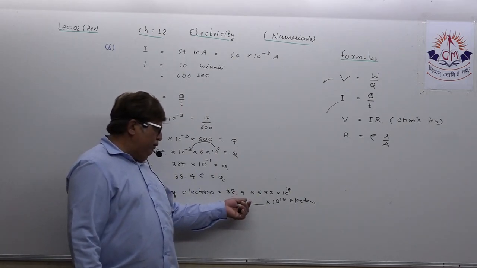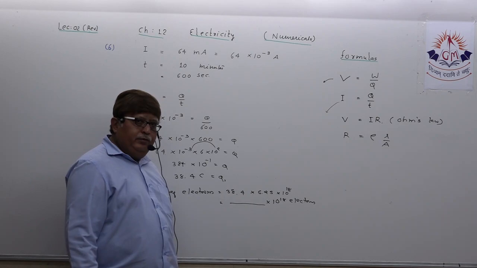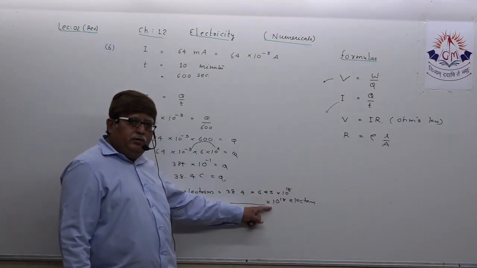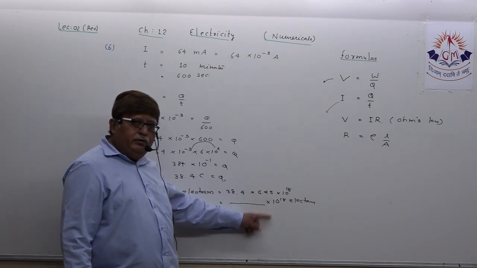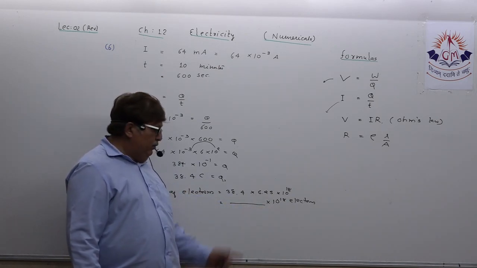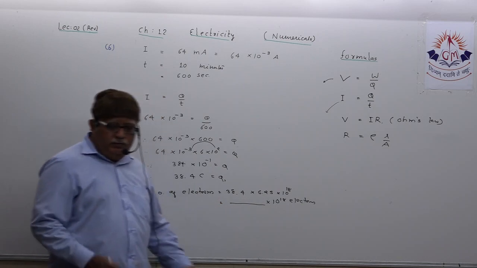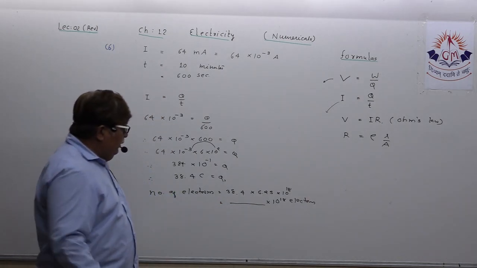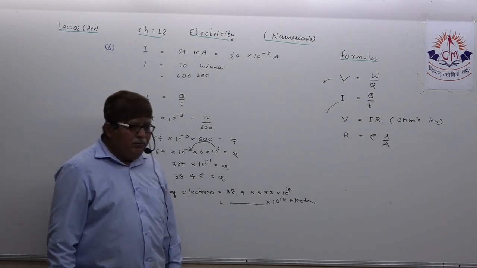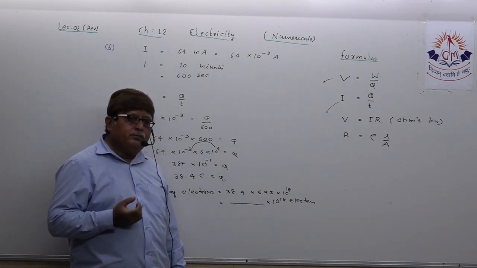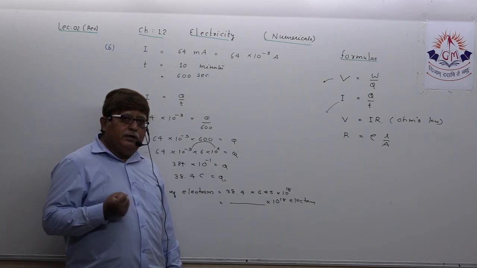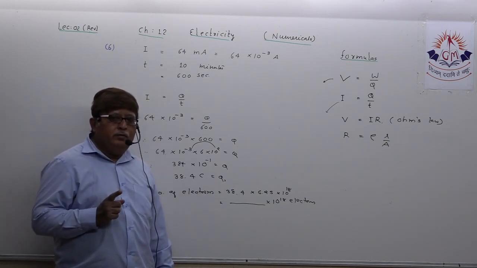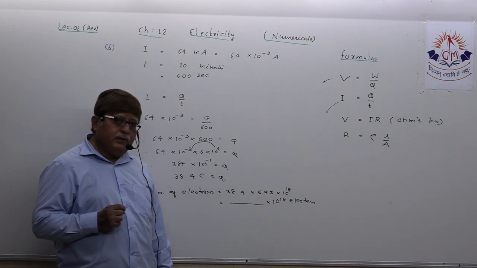Once you get the final answer, if you want to convert it into standard form, alter the power accordingly. But this multiplication you can simply do by yourself. Okay, so why am I insisting on targeting the basics? Here you have to find the number of electrons.